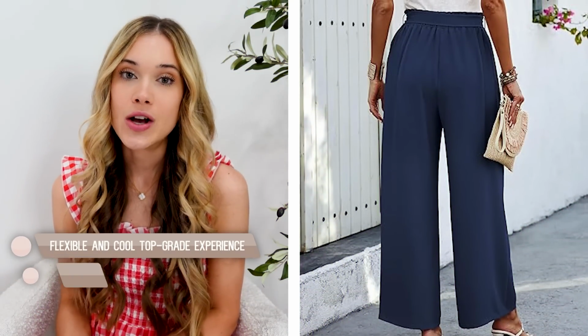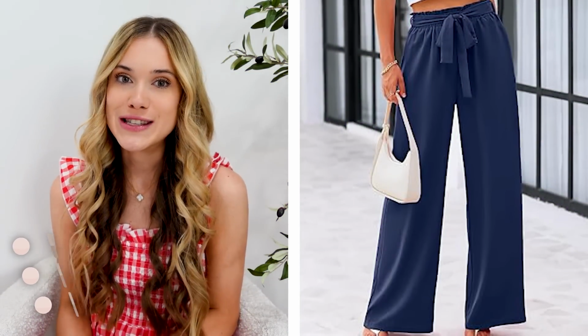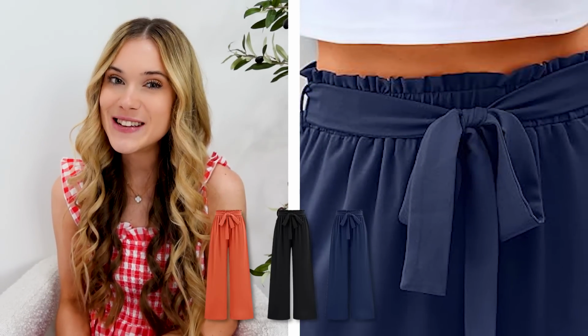One of my favorite pants on Amazon, the best-selling palazzo pants, are under $25. These are just a closet staple, great workwear item. I love the fact that they're a wide pant on-trend style, but they also have that really comfortable stretchy waistband with an adjustable belt, and they come in a wide range of color options,